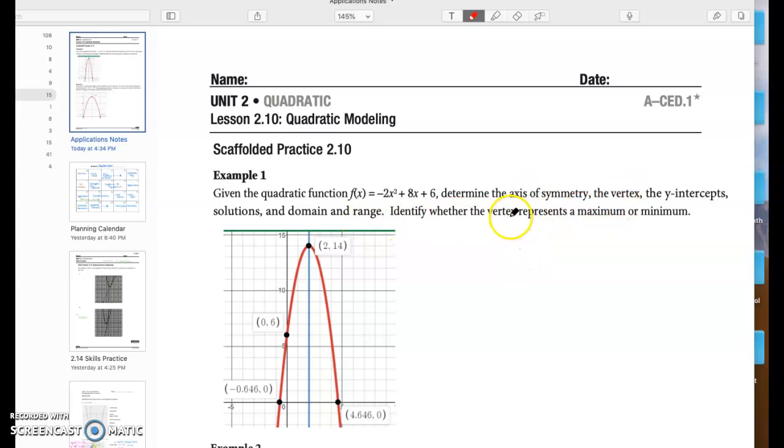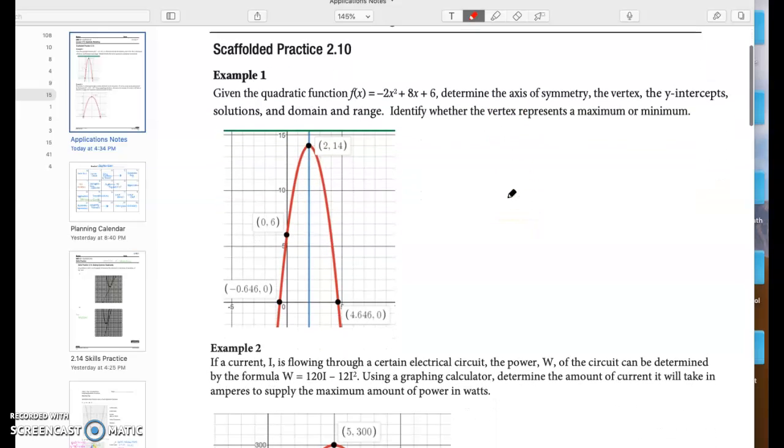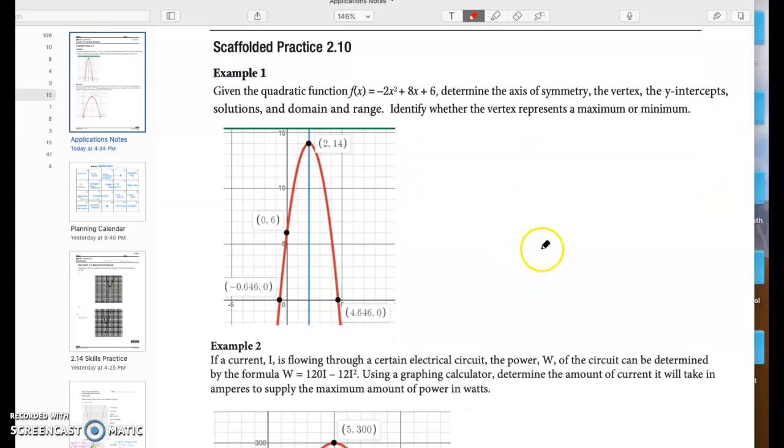So they give us the quadratic function. They want us to find the axis of symmetry, the vertex, the intercepts, solutions, domain, and range, and then identify if the vertex is a maximum or a minimum. We're going to start with the vertex. This graph is concave down, which means our vertex is a maximum, so it's a peak or a high point. And we can see from the graph that that is at